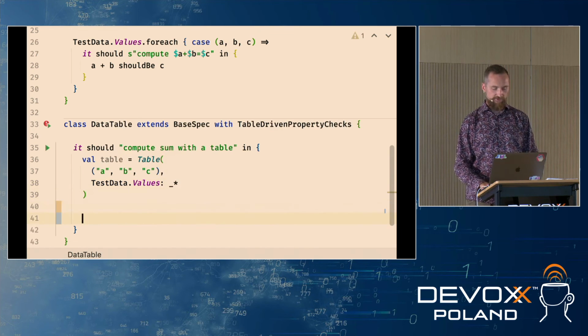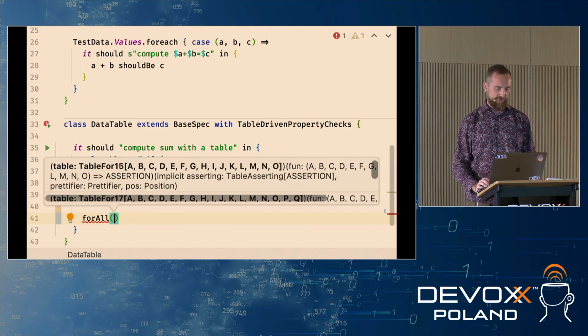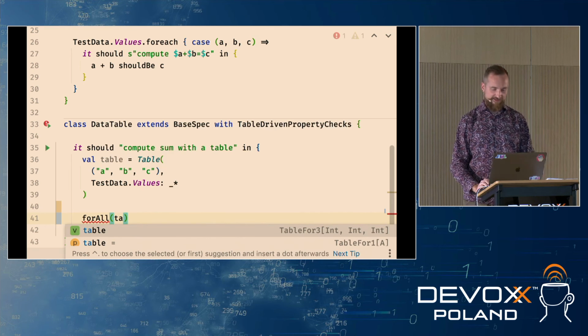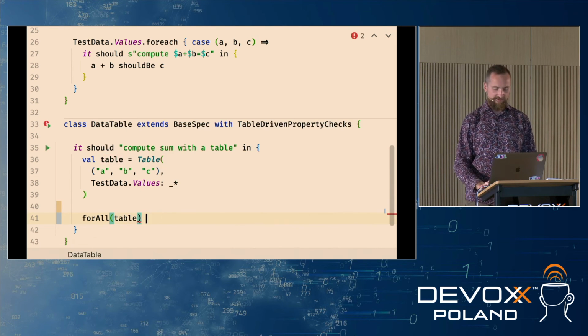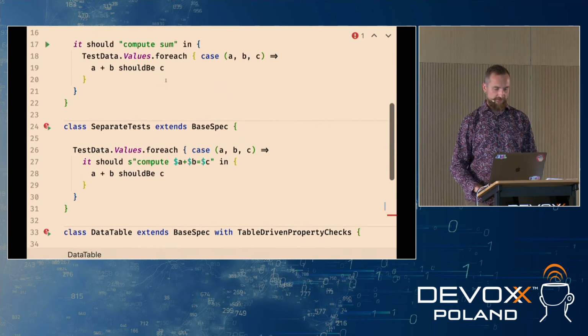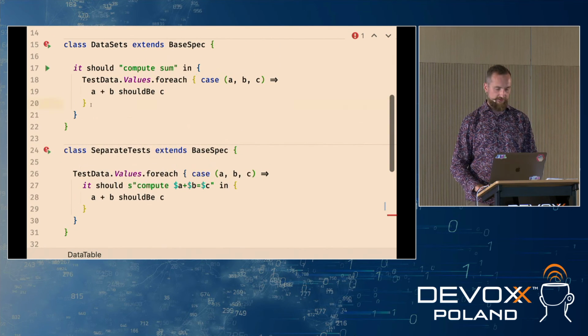And now, this is the case where we have another for all method, so like the one that we used to make assertions on collection elements. This for all method also exists in the table-driven property checks, and this is the place where it can get confusing. Now we can just take the